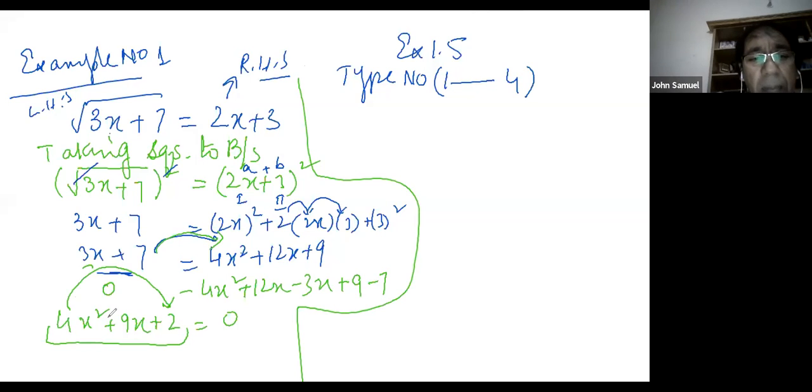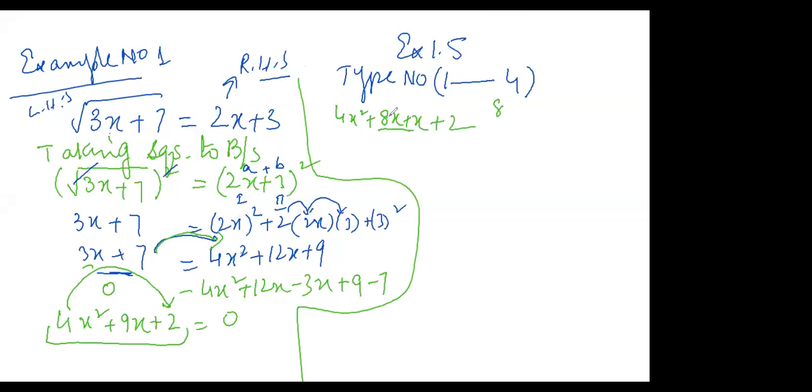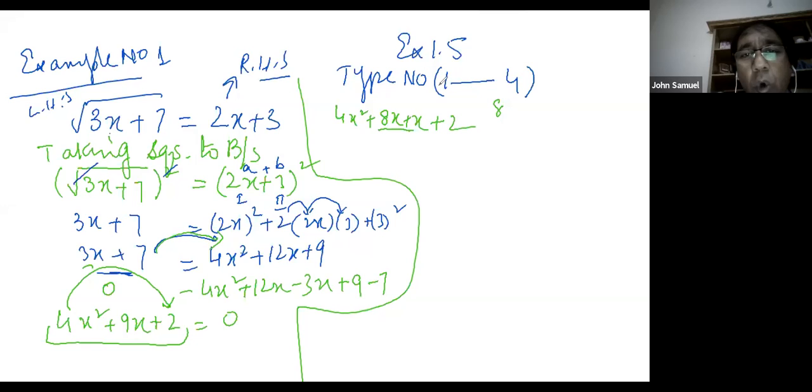So we'll multiply, 4 twos are 8, you know that. We will explain how we'll do this: 4x square plus 8x plus x plus 2. So for the middle term break we have used the same 9x, you know that 8x plus x is 9x, and similarly 4 twos are 8. Hope you are getting it.